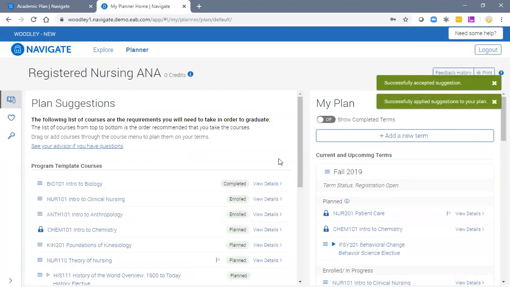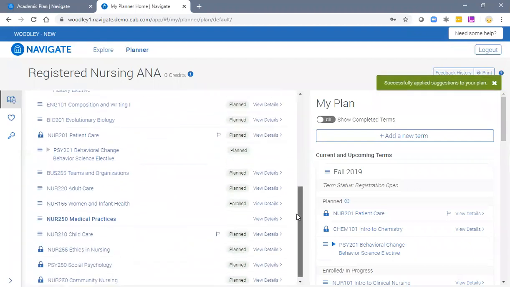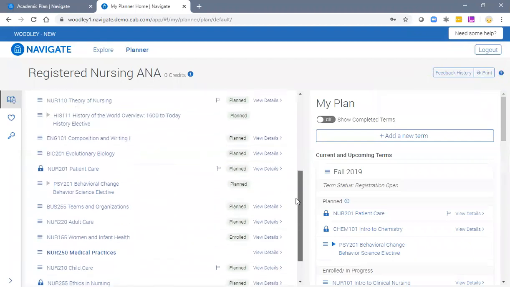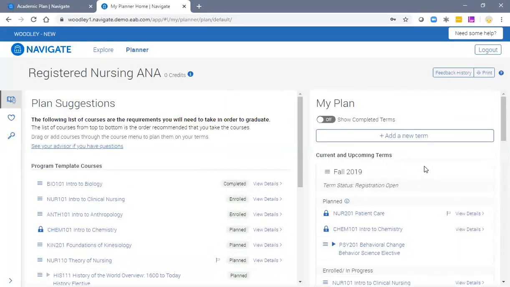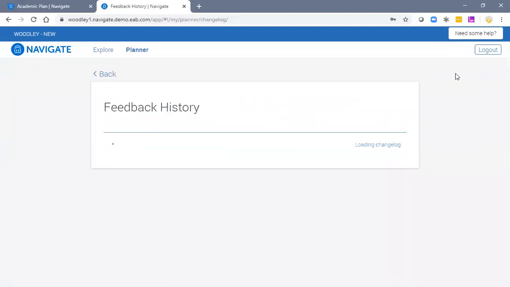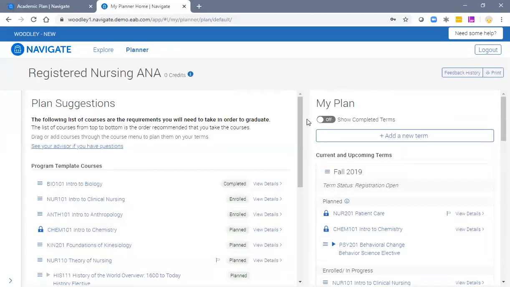So the student has a very similar viewpoint to what the advisor has, which are all of these requirements on the left-hand side. And then of course, their planned terms on the right-hand side. They can also view the history of the feedback from their advisor by clicking on the Feedback History tab. The advisor also has the ability to view this. So the student and the advisor can have some sort of a paper trail of all of the changes that